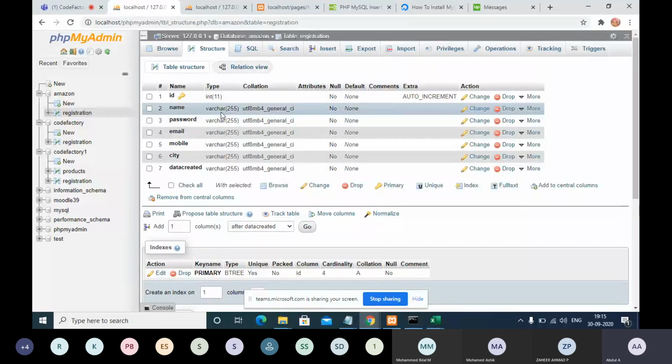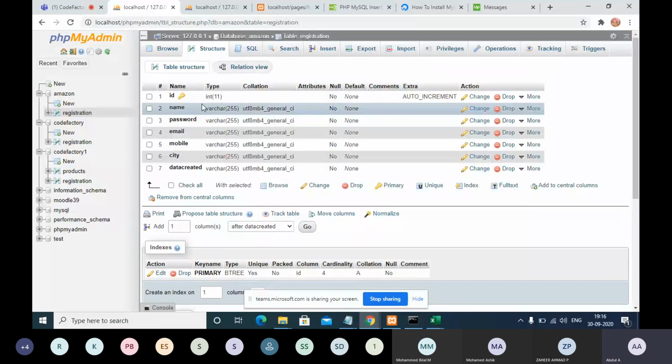Yesterday we also saw two things: one is the insert query and the other is the create table query. Using those two queries in the MySQL database system, we can create a table using multiple methods.